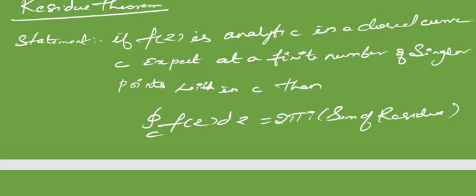So the statement is the function has to be analytic inside and on the curve except at a few singular points. We are not worried about the few singular points. Then the theorem says that the integral over C of f of z dz will be equal to 2 pi i into the sum of all the residues. Keeping these concepts, we can move ahead in our next lecture,